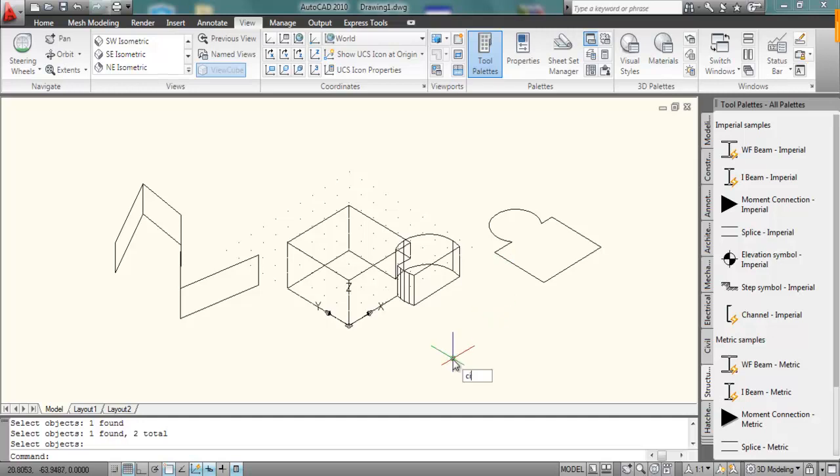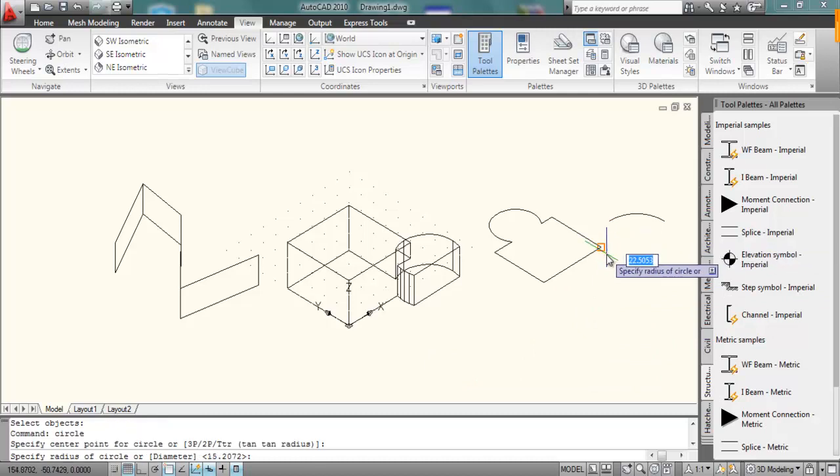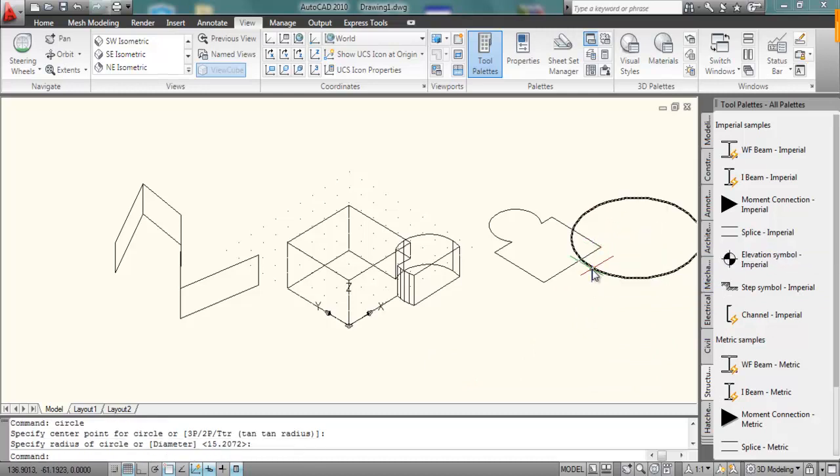Now again there is a circle, and convert it to a region using the region command. Press enter. Now try the subtract command.